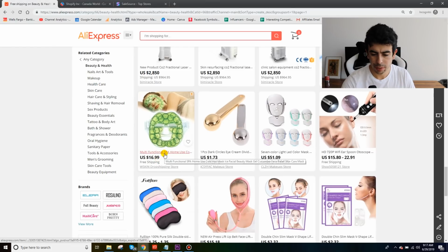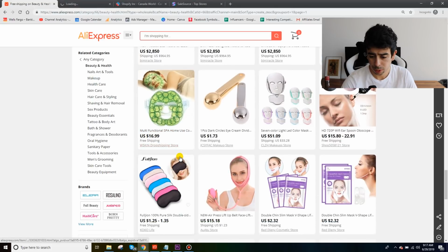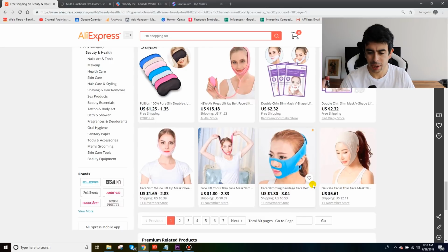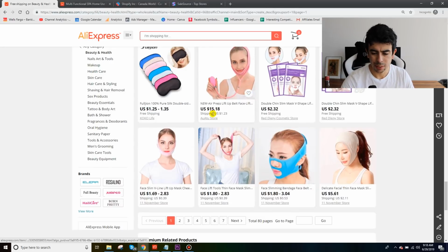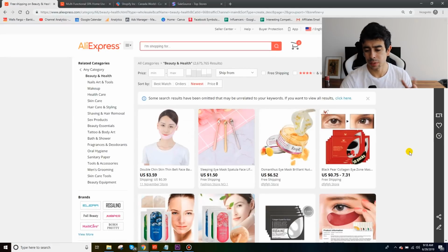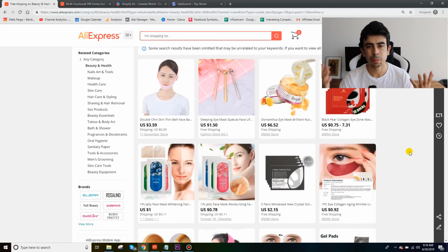As you can see here, we have even some other stuff that I've never seen before. A lot of these products, guys, are virtually untapped. I've never seen these problem solvers, even though they're a little weird. These things sell, especially in this sort of niche. A lot of vanity products are very easy to sell because it's easy to highlight a pain point when it